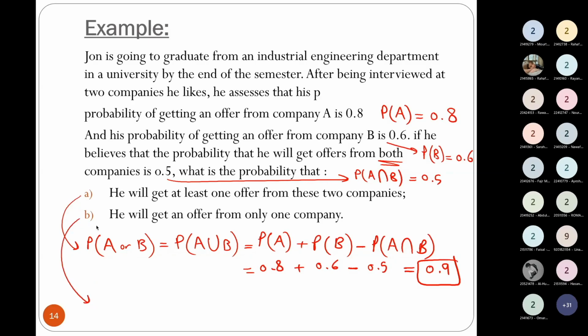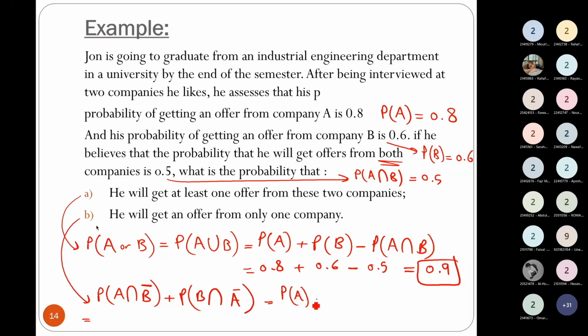Number two, he will get an offer from only one company. It means probability of A but not B, not meaning complement, plus probability of B intersection with A complement, like this. That means company A accepts John but B rejects, or B accepts and A rejects. So we have only one offer, from one company. This equals